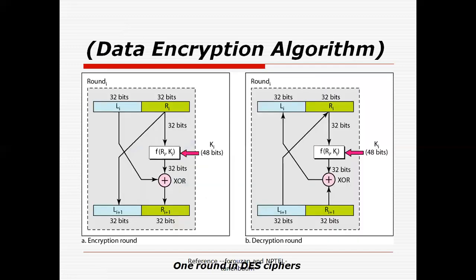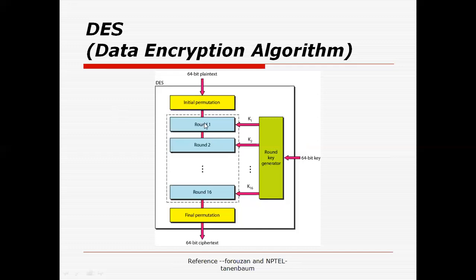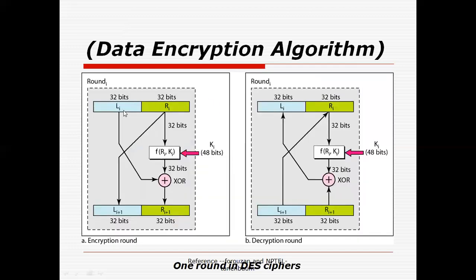Now, this is the detailed operation performed in each round. For example, in round 1, suppose this is my received data. After permutation, I got 64 bits here. So I will divide it into 32-bit and 32-bit halves. That is the plain text data. Now I will send one 32-bit half to a function called the Feistel function, represented by F. Feistel is a scientist who developed this function. Here we perform some operations along with the key. The key size is 48-bit and the data is 32-bit.